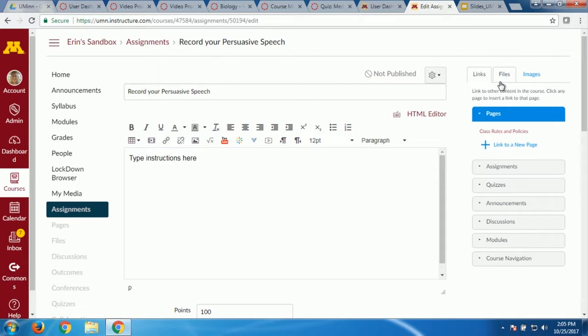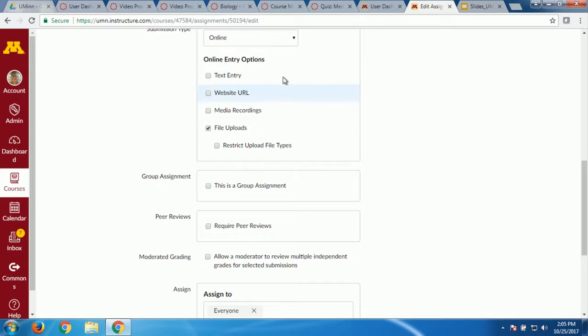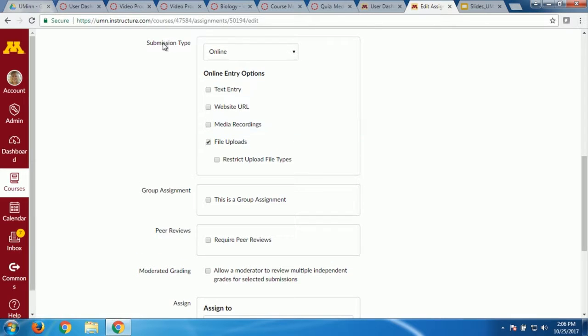All right, so I can type instructions or I can add a file of instructions, however I want to get them in here. Let's go a little bit more deep into the settings of an assignment. This is where we really didn't dive too deeply before. We talked about points and groups and all of that, so we're going to skip over that. We talked a lot about the submission type. All right, we said you have to at least select one, even if the option's no submission. You can also, if you choose online, select more than one option here, so you can give students choice in how they submit. Media recordings, I'll go a little bit more deep into media recordings.